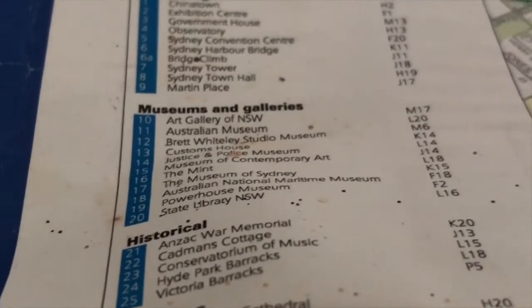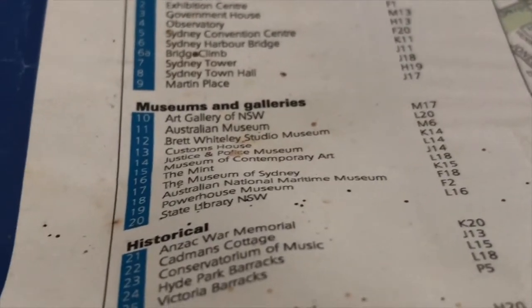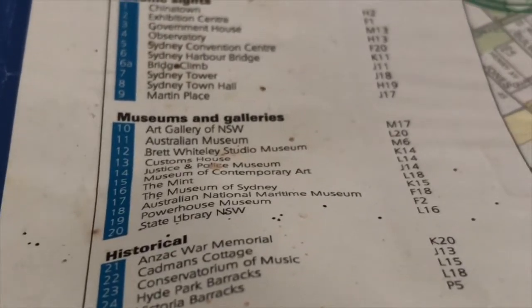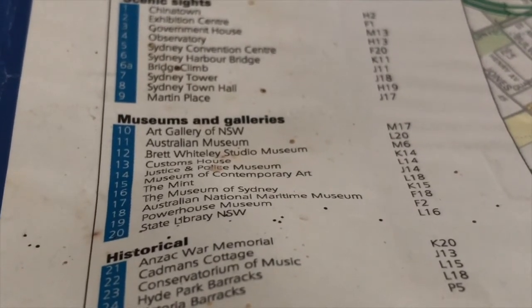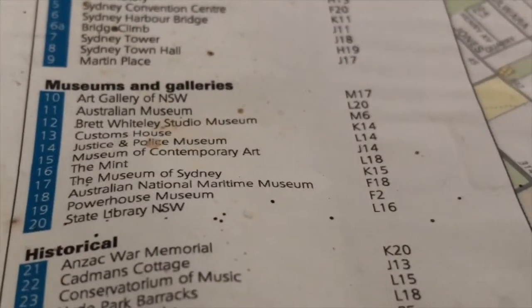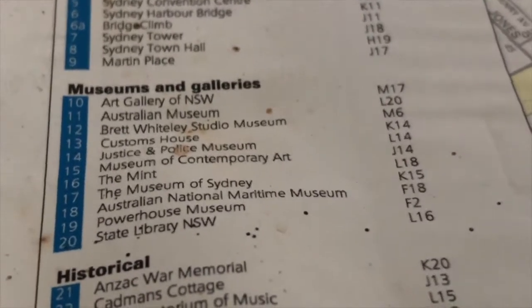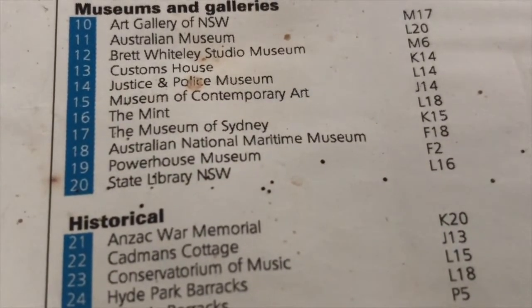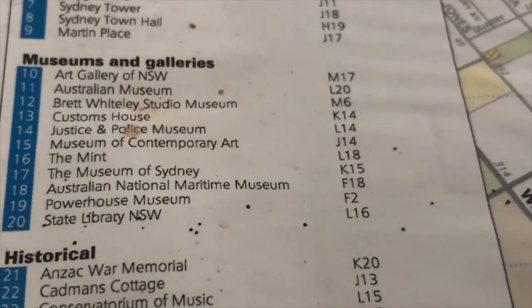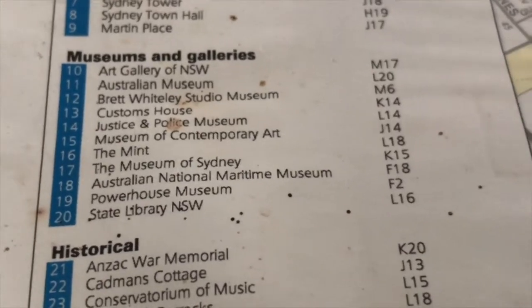11. Australian Museum L20. 12. Brett Whiteley Studio Museum M6. 13. Customs House K14. 14. Justice and Police Museum L14. 15. Museum of Contemporary Art